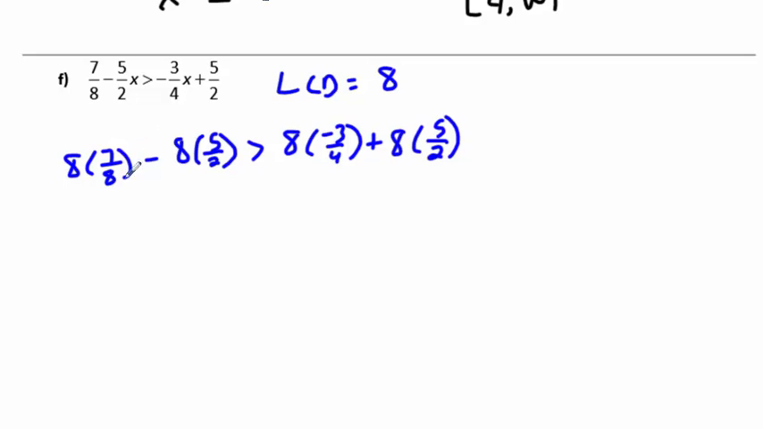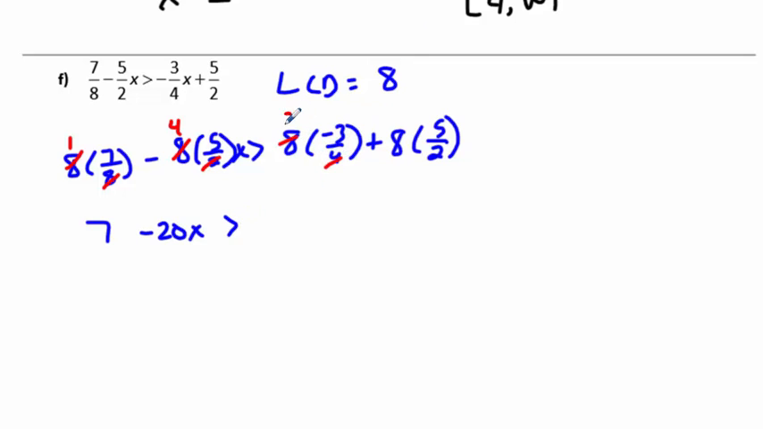Okay? 8 goes into 8 once. That leaves us with 1 times 7, or 7. 2 goes into 8 4 times. That leaves us with 4 times 5 is 20, so minus 20. I forgot to write my x up there. Let's squeak that x in. Don't want to lose that x. It's greater than